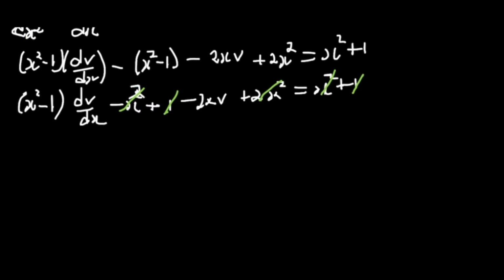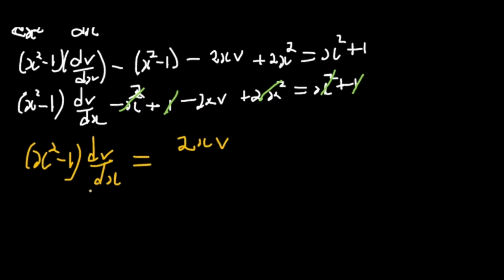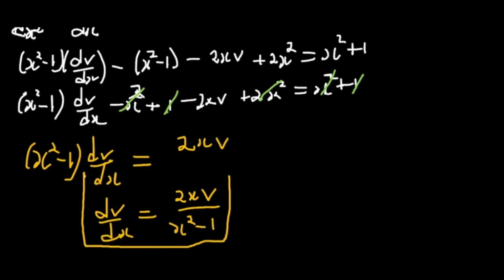So here we are left with x squared minus 1 dv over dx to be equal to 2xv, when we send that the other way. So this implies that our dv over dx will simply be 2xv over x squared minus 1. So now let's check if this is the same as what